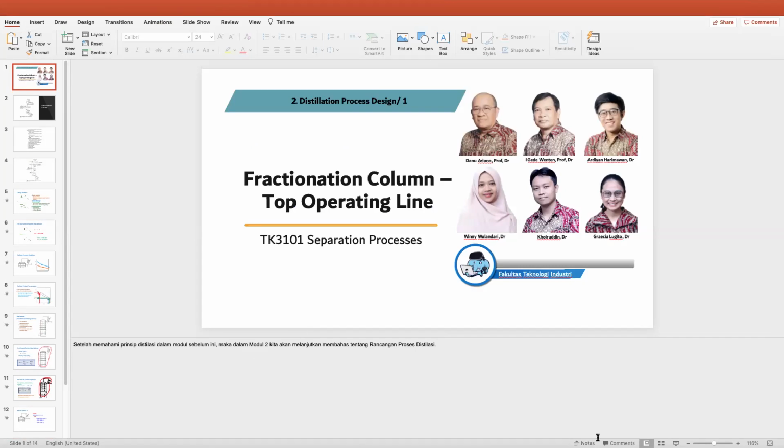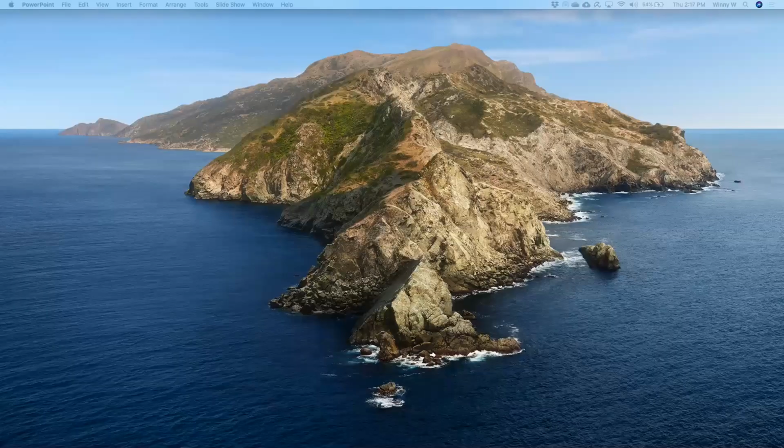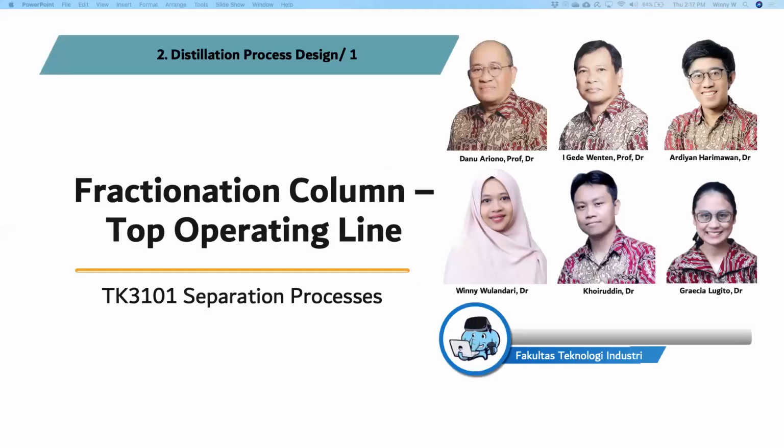Okay. Now we're gonna start thinking about the equipment and start talking about a fractionation column. The fractionation column is basically a multi-stage equilibrium. This looks like,